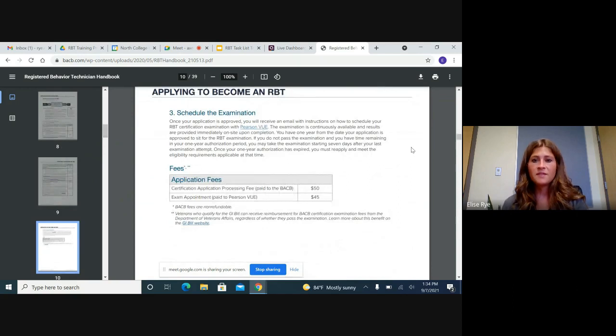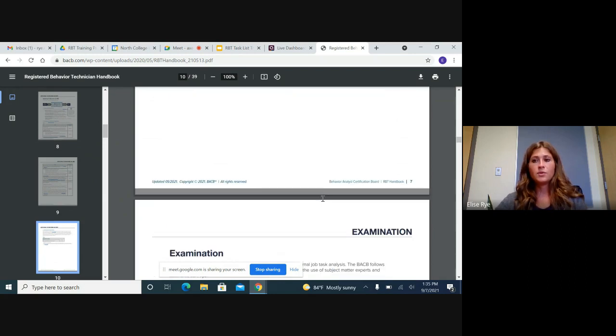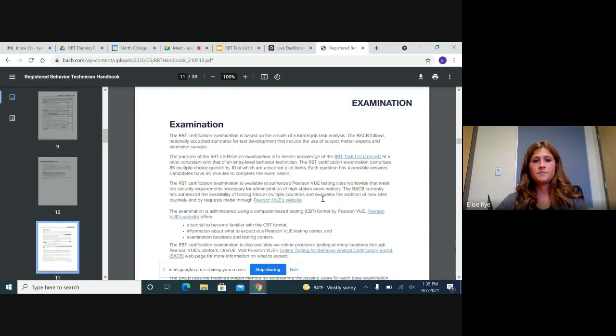There is a $50 fee to apply for the certification, and then a $45 fee to actually take the exam. North College Hill will reimburse you for the first test that you take. Any tests beyond that will be up to you to pay. So the exam,